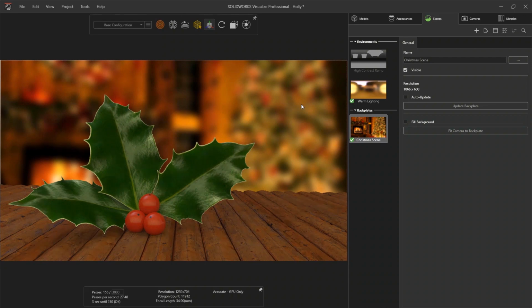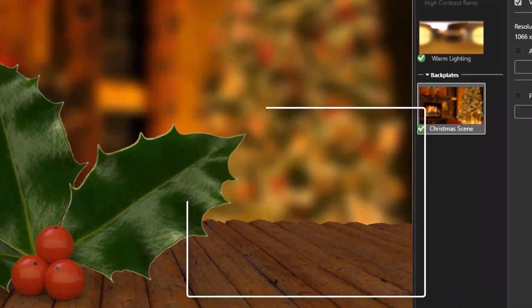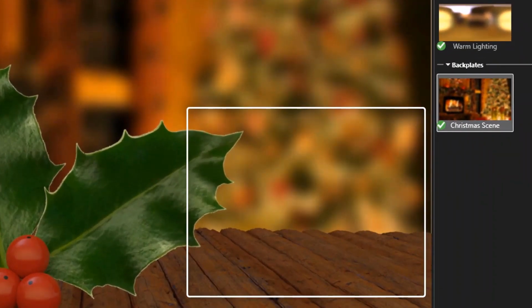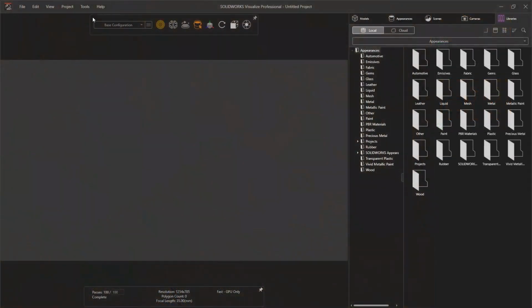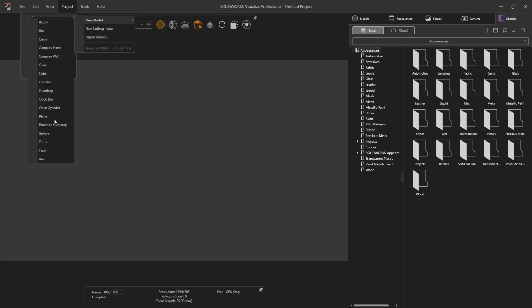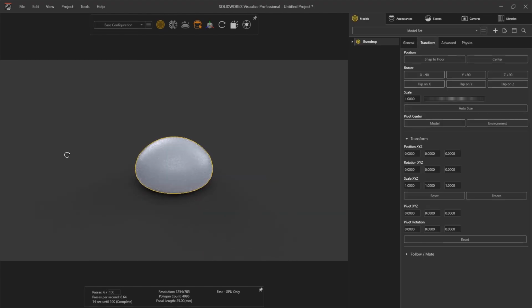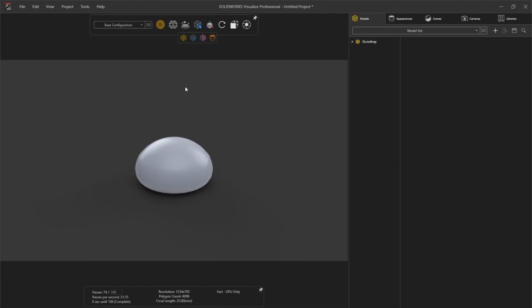We're almost there. The final few things I want to do is add a candle behind the holly with a light in, and add a bit of bloom and depth of field to my camera to really elevate the image. In keeping with my desire to do everything in Visualize, I will create a candle holder inside of Visualize using the primitives. I will do it in a different project so that I can easily reuse this candle for other projects and simply import it in.